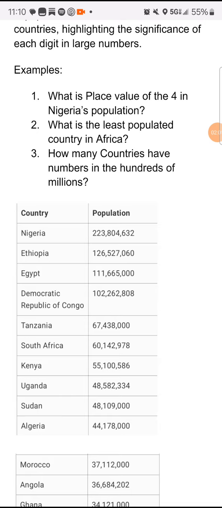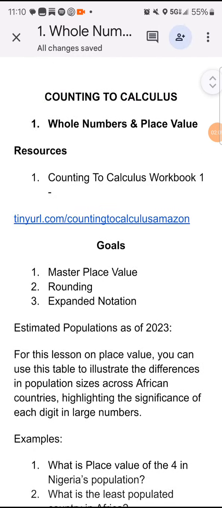So here's another question. What is the least populated country in Africa? How many countries have numbers in the hundreds of millions? We are going to think through this in this particular exercise,